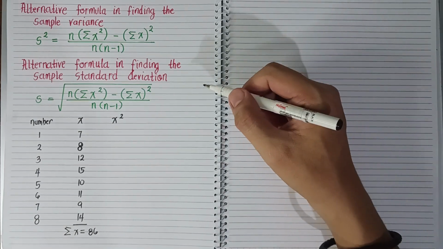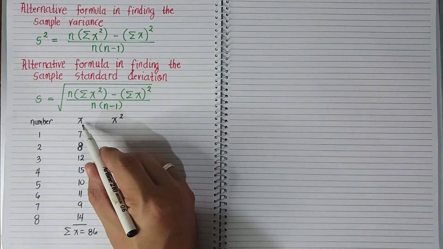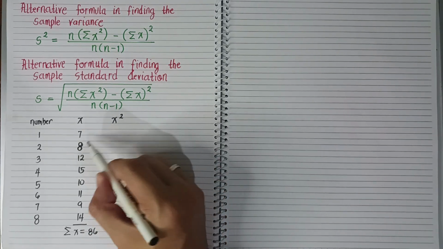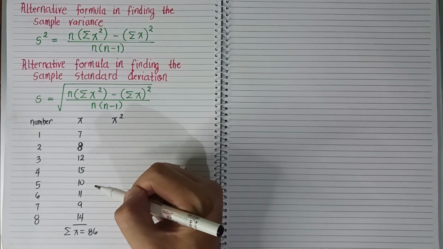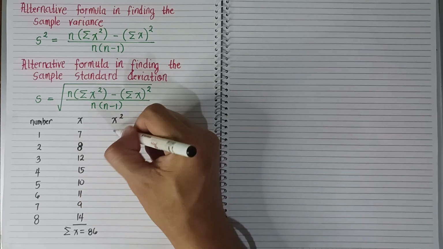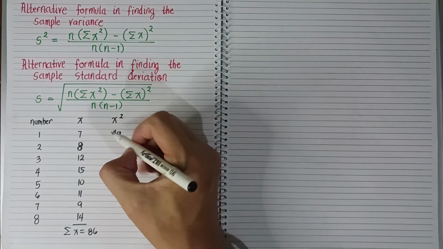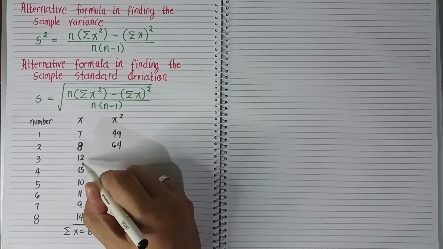So, ibig sabihin guys, eto lahat ng x values natin, i-squared natin sila. So, 7 squared, 8 squared, 12 squared, etc. Okay? So, 7 times 7, that is 49. Nasundan ako? 8 times 8, 64. 12 times 12, that is